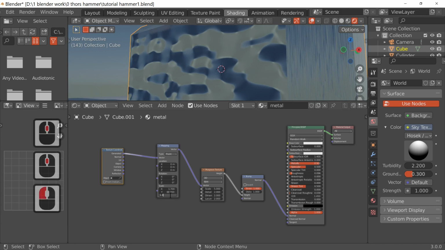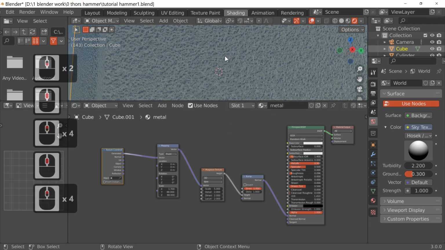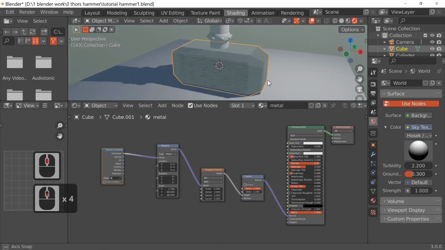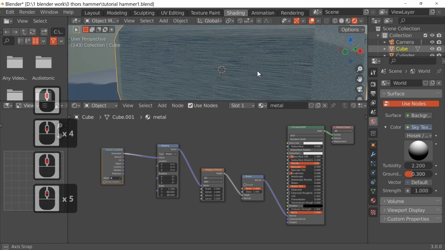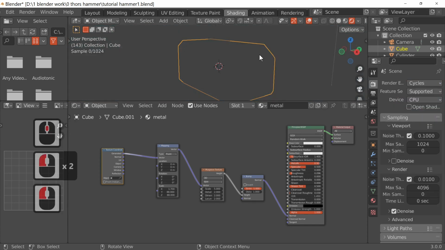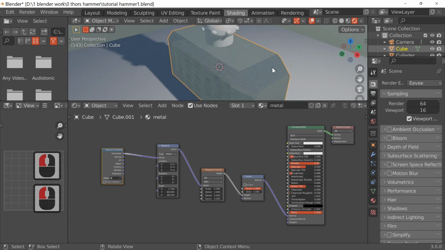And if we change the Z value to 88 on the other direction, as you can see, now we've got actual brush metal in different areas of our model, which I think you'll agree looks quite good. And if we put this into Cycles, we should get an even better effect, because then we'll get proper sort of reflections. As you can see, we're getting a reflection of it there. Just change it to GPU to make it calculate faster, and I'm going to change it back to Eevee.